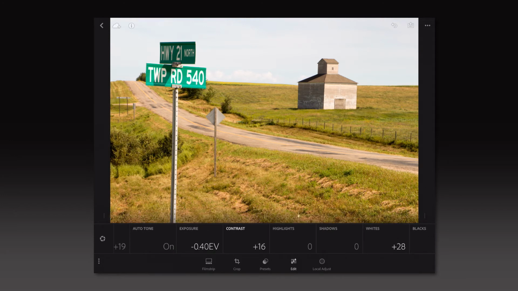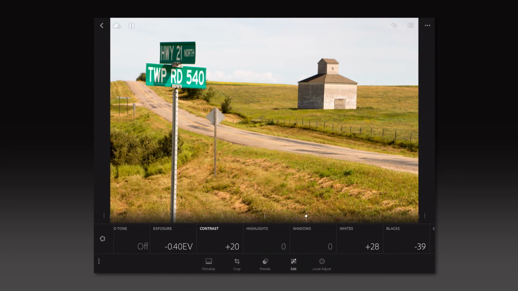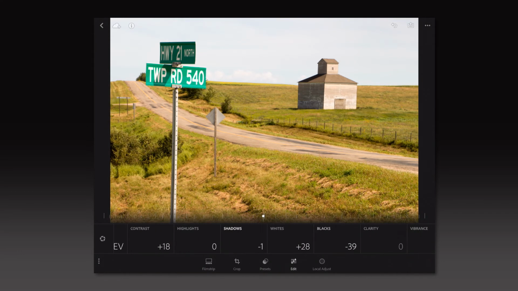The key with this is you need to get in here and just play with these sliders a little bit and see what looks good. You'll know as you're working your way through the image. The highlights here appear to be correct, so I'll leave that alone. My shadows, I might want to deepen them a little bit or lighten them up, but they look to be about right as well. I like to enrich my blacks quite often, so I'm going to pull them back a